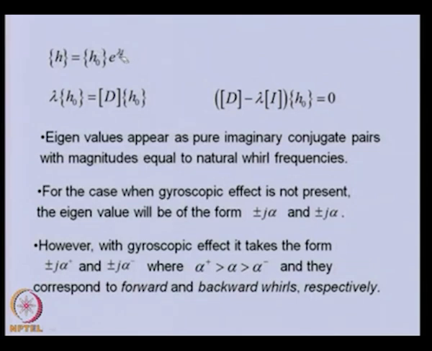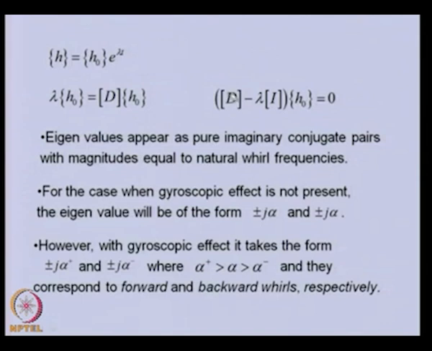If we substitute this, because only a single derivative is there in the previous equation, we will get lambda h naught is equal to D h naught, which we can bring to one side and take the amplitude as common. So, this is the standard eigenvalue problem, where if we obtain the eigenvalues of the D matrix, we will get